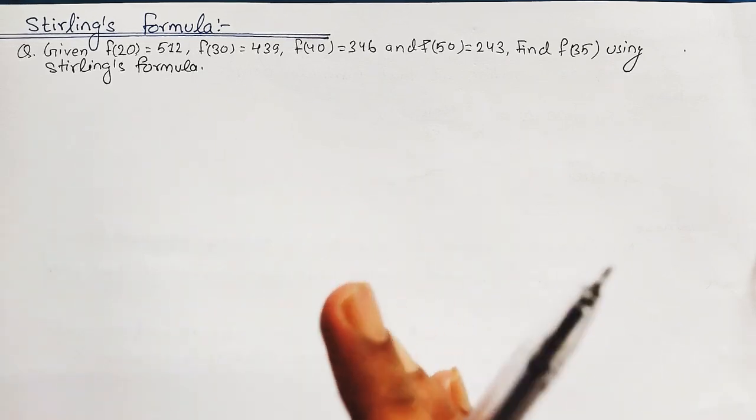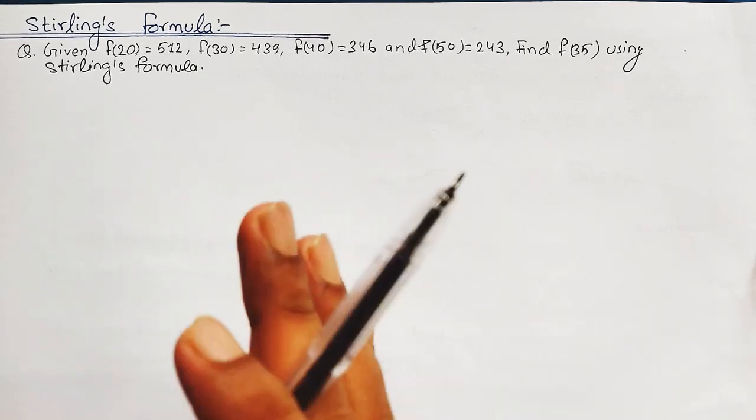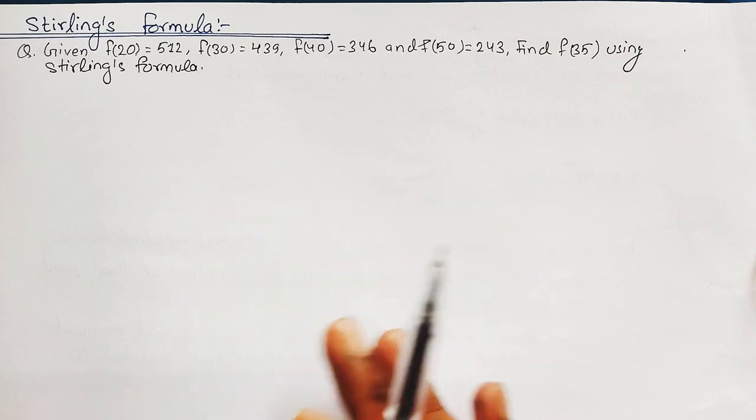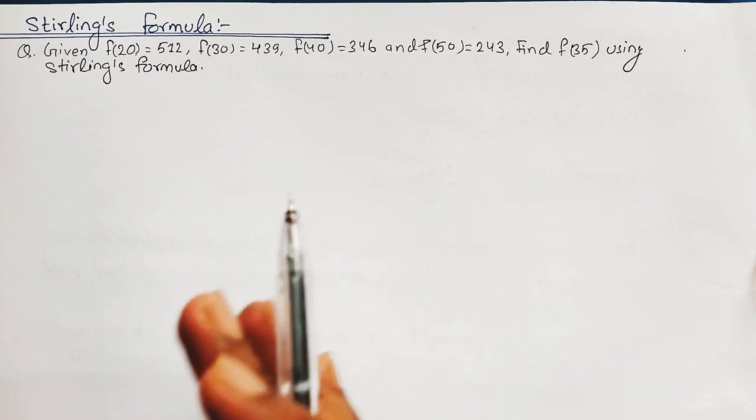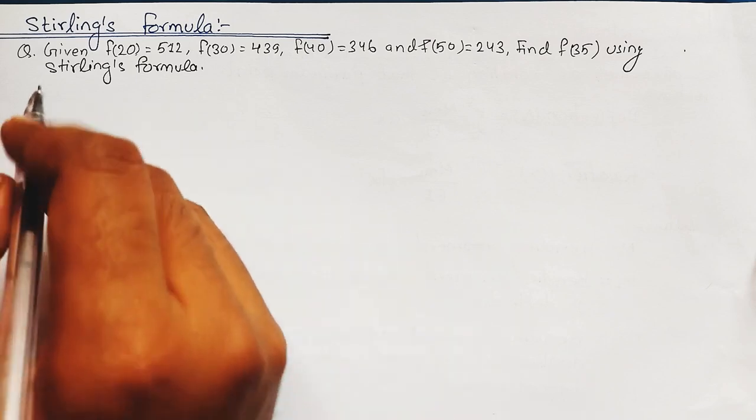First of all, I would like to make you familiar with Stirling's formula and the different terms used in it, and later we will solve the problem. So Stirling's formula is